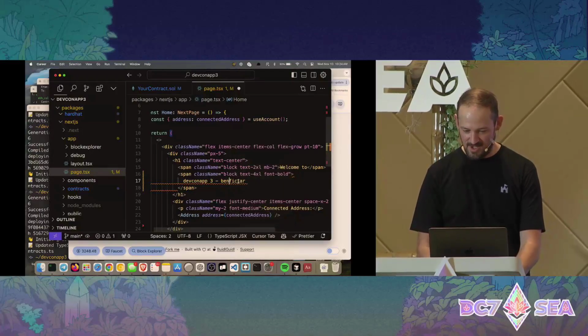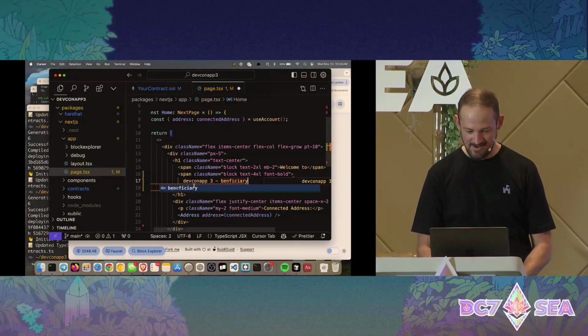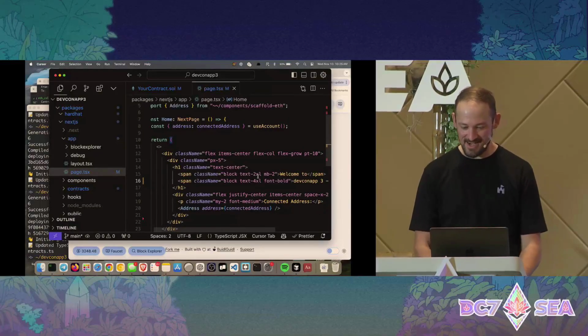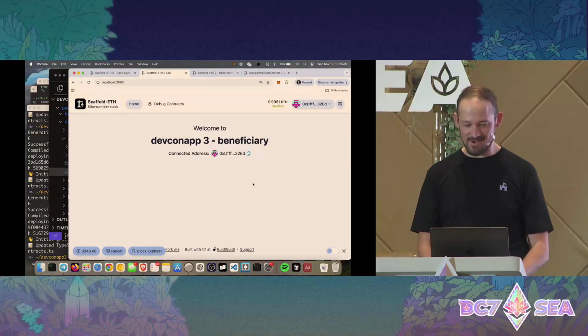Come on, help me. A-R-Y, did I get it? Oh, there we go, thank you. Okay, and now that should change over here. There we go, okay. And it's showing us our connected address, has that little blocking and everything, but now what